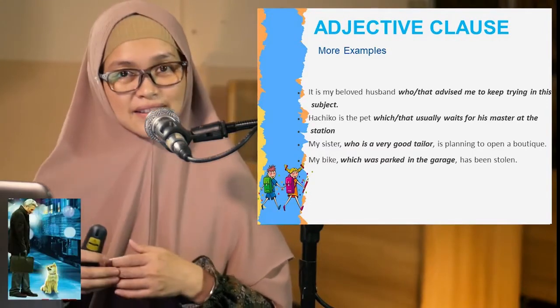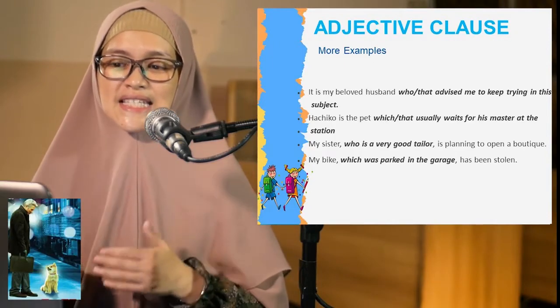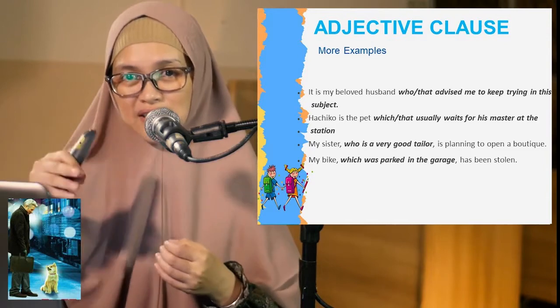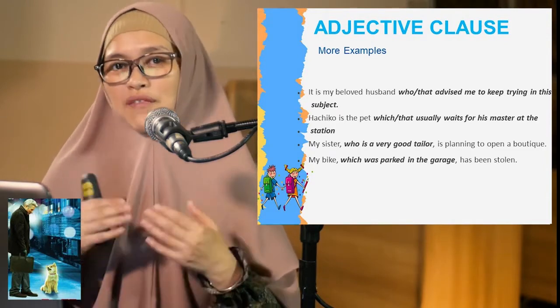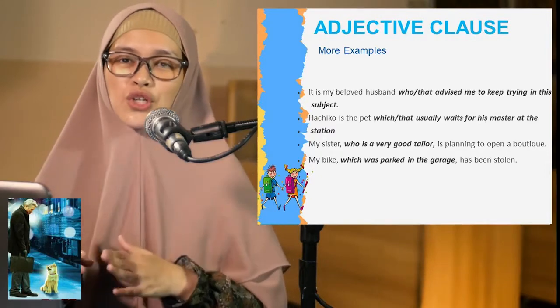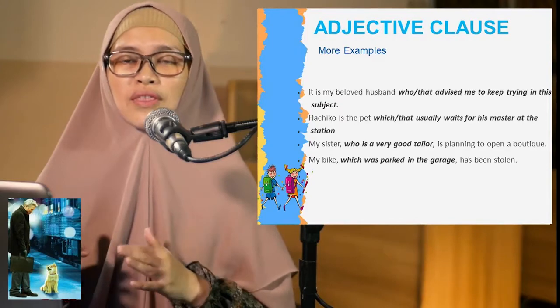Then you already know Hachiko, right? It is a pet, it's a dog. Hachiko is the pet. Why the pet? Because it is only Hachiko and it's only one. We have already known Hachiko. Okay, which, we can use which, or we can replace which with that,